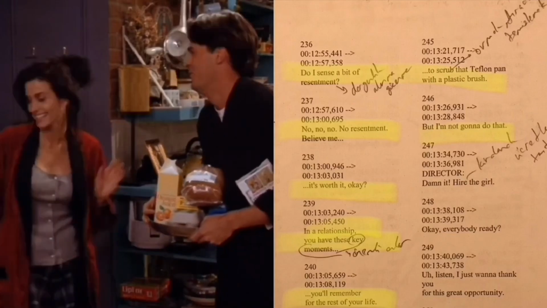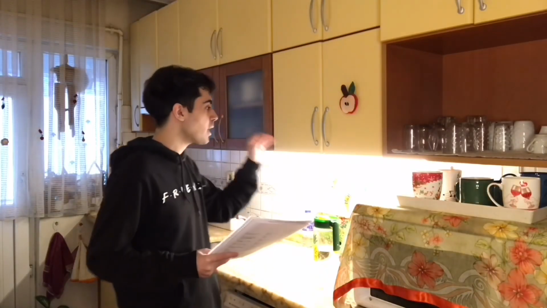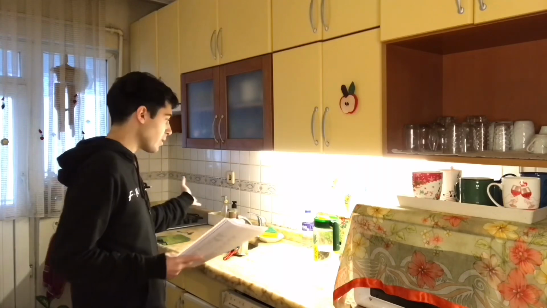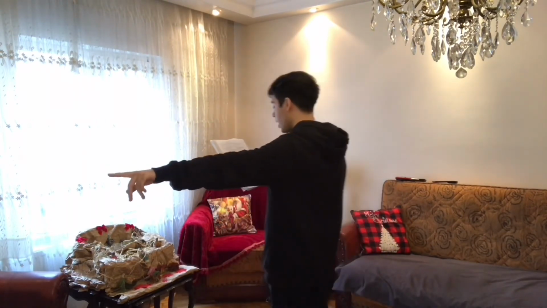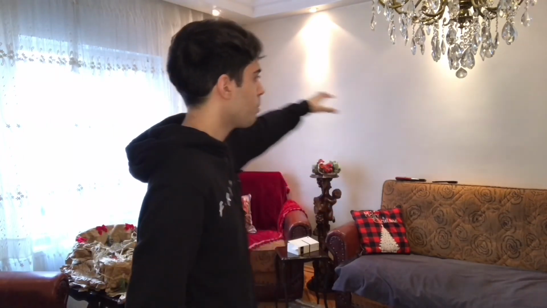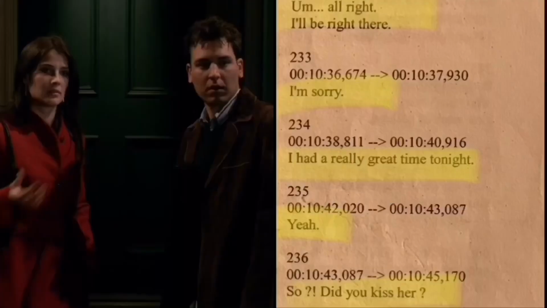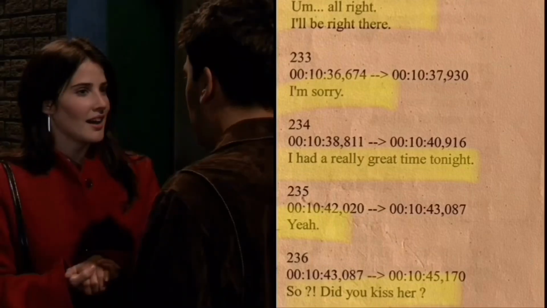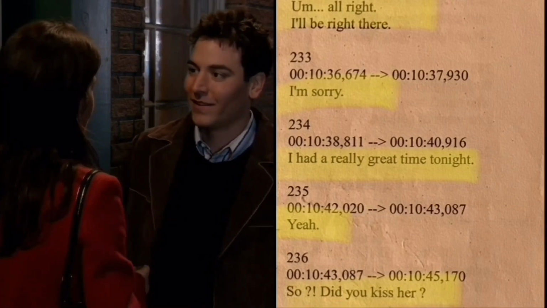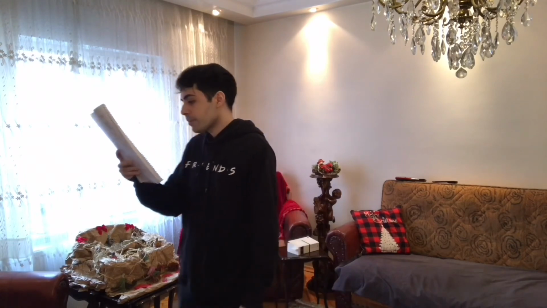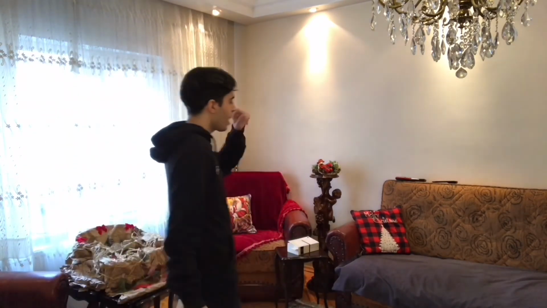When you practice with your scripts, you start to visualize and picture the scenes from the TV show, from the episodes. Your brain automatically tries to remember the scene as you say the line. As I go over those lines, I try to force myself to remember the scenes from the show, and I'm doing this actually subconsciously, not even as a conscious effort. By doing this, I train my brain to use English, to speak English.